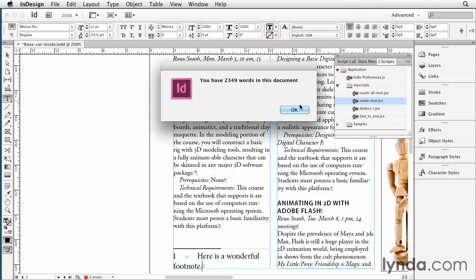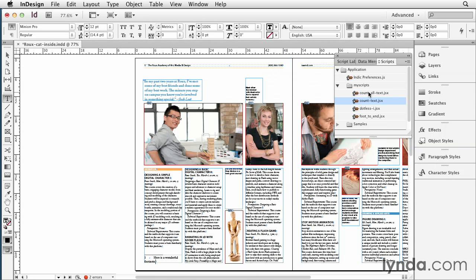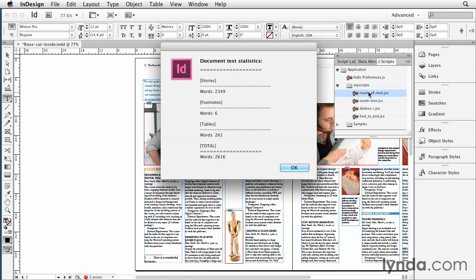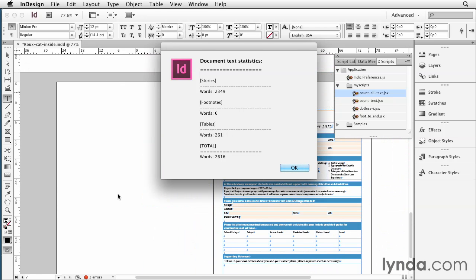So I asked my friend Marian Tompa if he could whip up a script for me to use in this video, and he did, and it's called Count All Text. You don't need to select anything, just double-click. Look at this. There's 2,349 words in the document. Number 1 counts as a word, I guess, in the footnotes. Silly me. And it counted the words in the table. So remember that table at the very end? There are 261 words in this table, and for a total of 2,616. So that's called